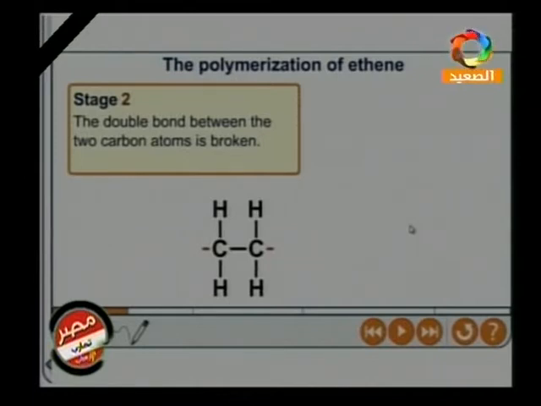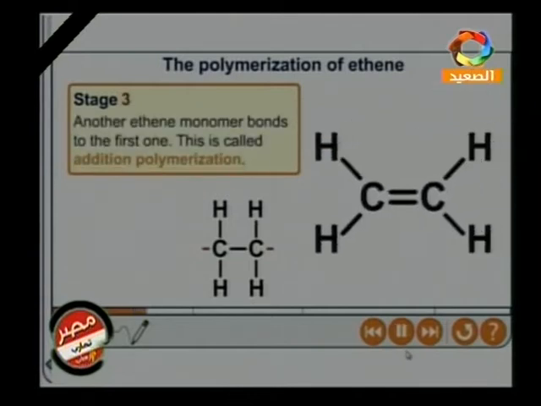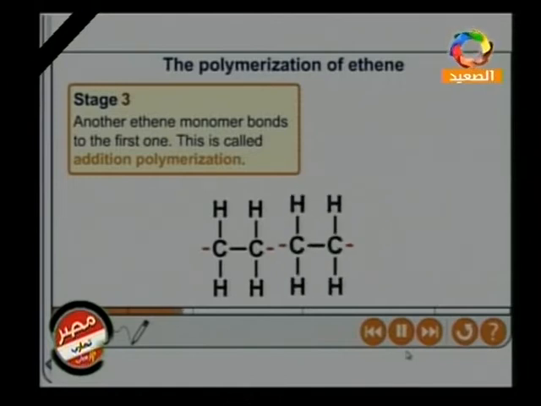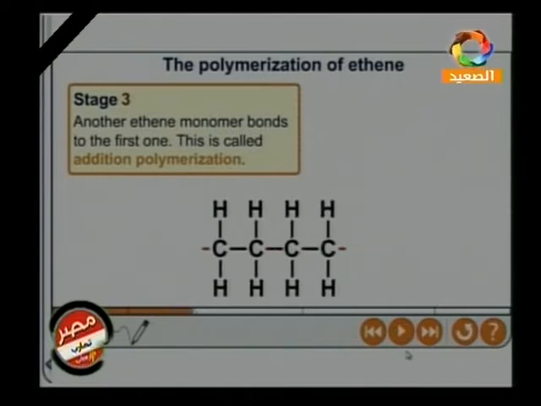So the double bond between the carbon atoms is broken to open the chain to make a connection with another molecule of ethene. If I have another ethene monomer, that bond is broken like this and makes one connection between these two molecules to form one chain, and this is called addition